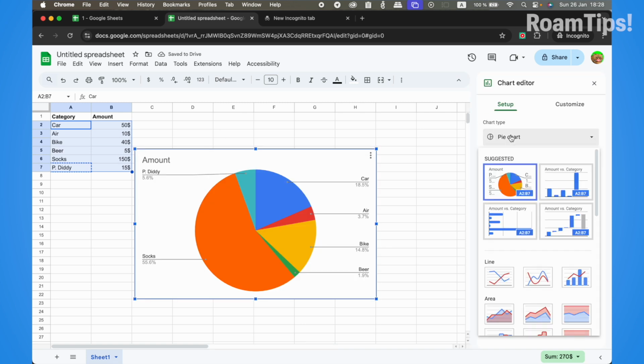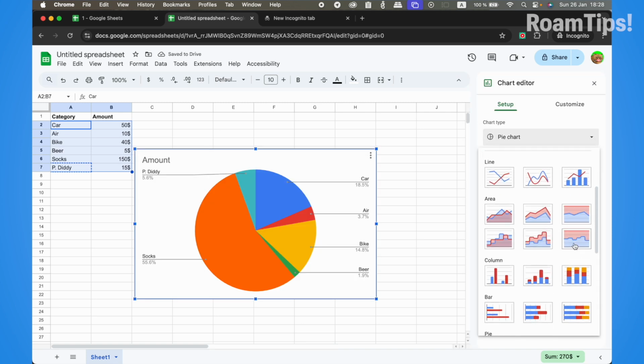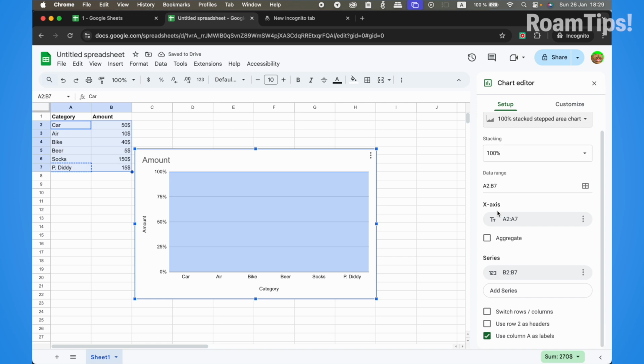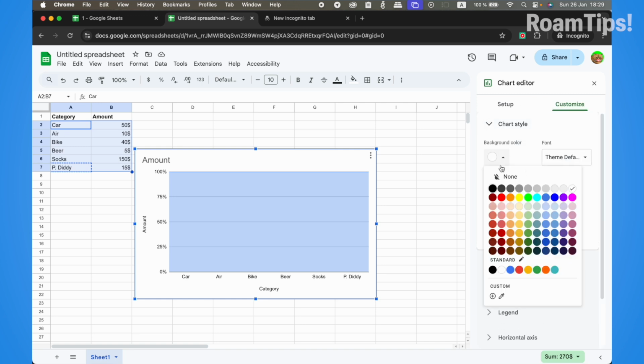Chart type, click on this and scroll down and search for 100% stacked area chart. Click on it. Alright, and that's all. Now for simple settings: customize, chart style,